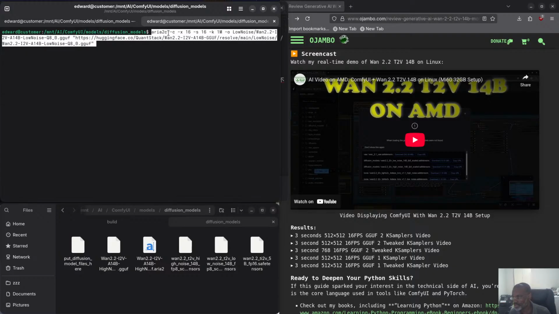Aria2c: the -c stands for continue, meaning that if something happens, it can continue. The -x means a maximum of 16 connections per server. Then -s stands for splitting the download into 16 segments. That's for parallel downloading. -k means it's going to be in 1 megabyte segment size. And then